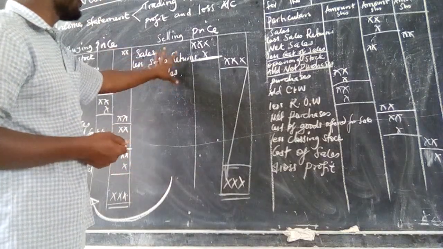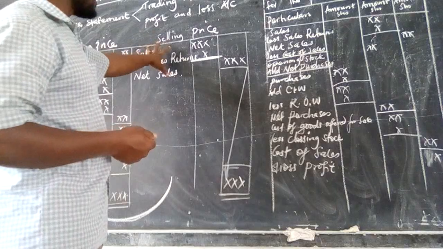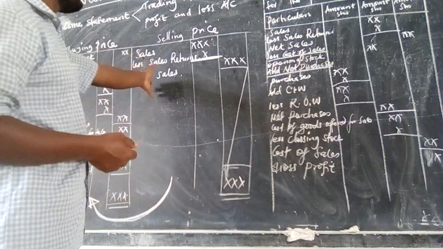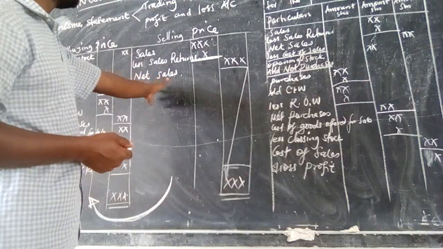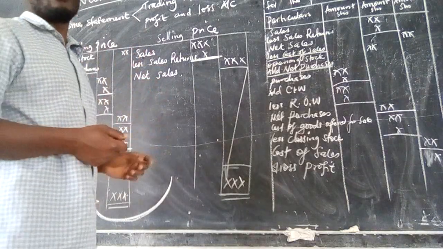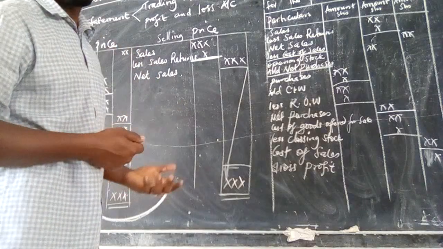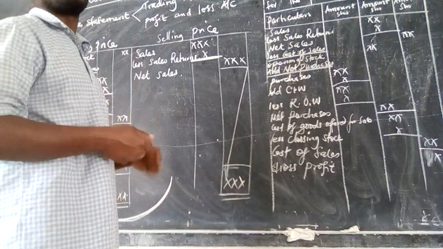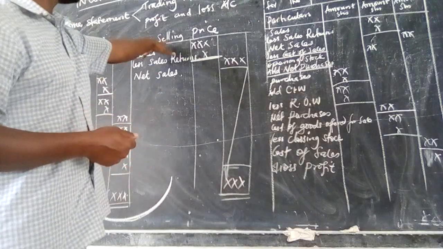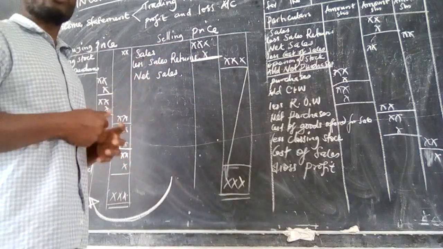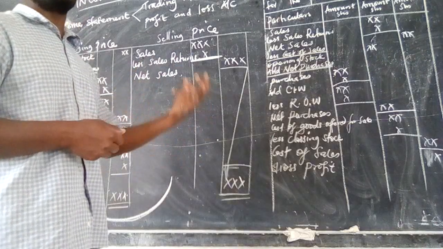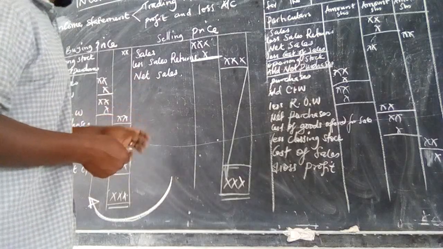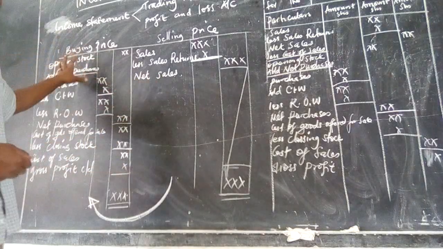Remember, we are doing this to determine: is the business making profits or losses? For you to be able to determine the profits or losses of the business, you need to start by identifying, did the business sell? If yes, how much income was got from sales? So that is the selling price. Then we also need to know how much was used to make those goods that were sold. So that one is the buying price.